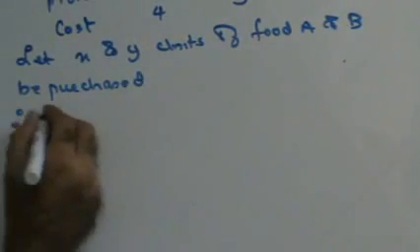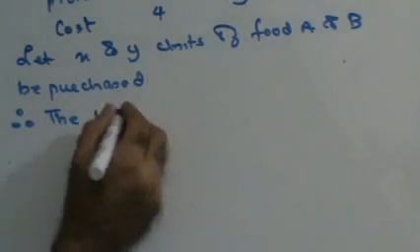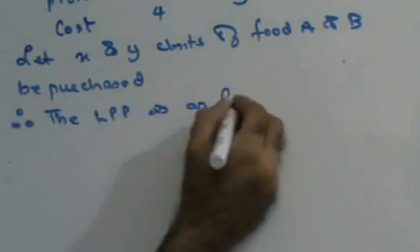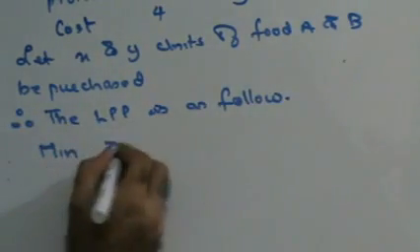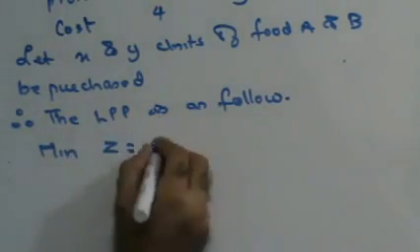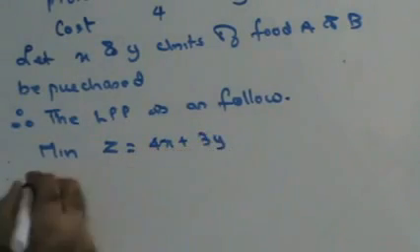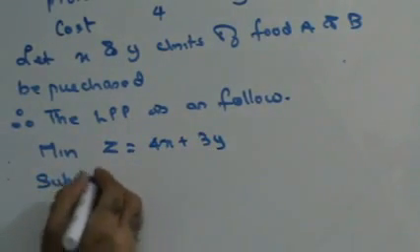Therefore, the LPP is as follows. Cost, so therefore minimize Z is equal to 4x plus 3y, subject to